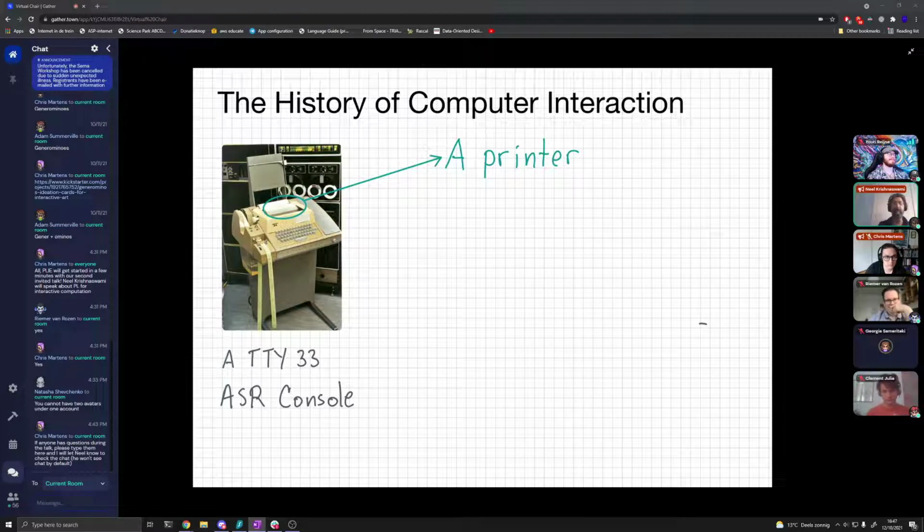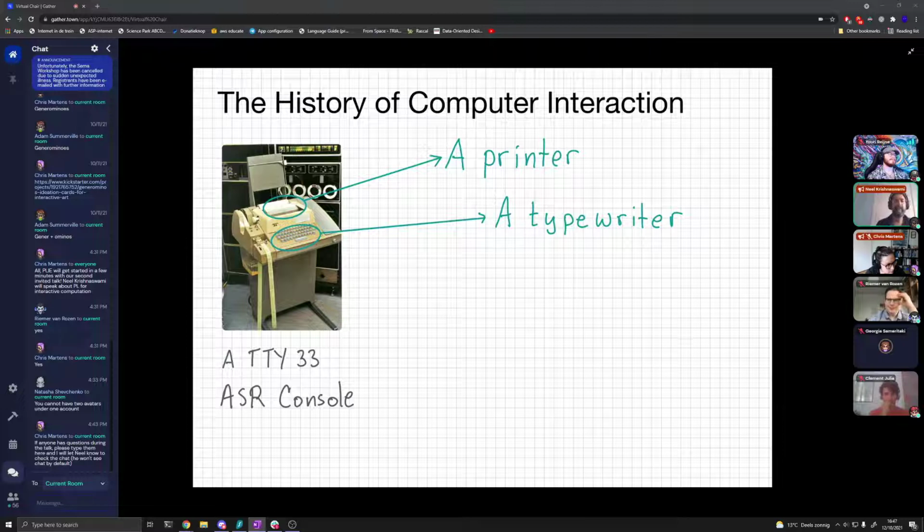And so teletypes were actually, in their time, revolutionary. And so what they consisted of was two things. On the one hand, there's a printer, and that's that little green thing I've circled up there. And on the other hand, a typewriter. I almost said a keyboard, but it's actually a typewriter.